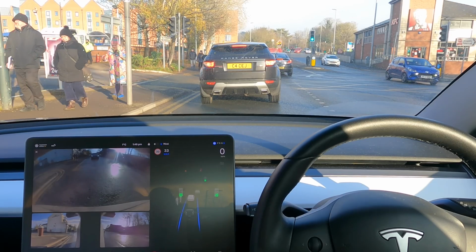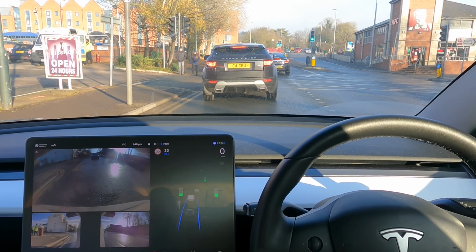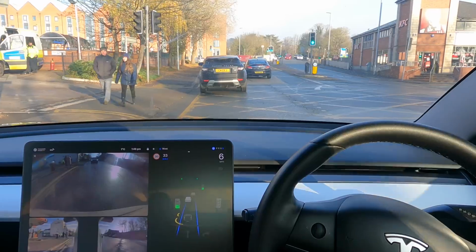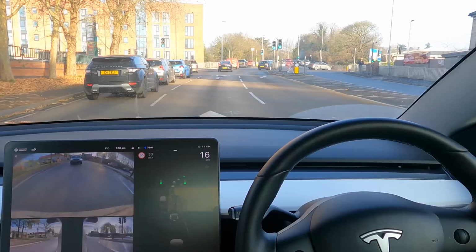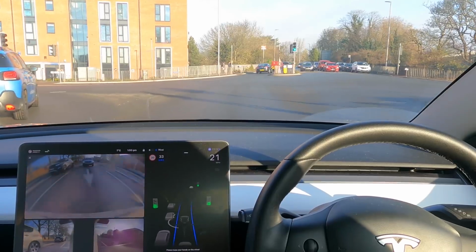As expected, the Vauxhall did push in and go around, which, yeah, that's patience for you. So again, it's got the green light. It should be able to go now. It is deciding to go quite slowly, to be fair. And it was going to pick the left lane, whereas we want this middle lane here. And this is the hill going up here where the car seems to have